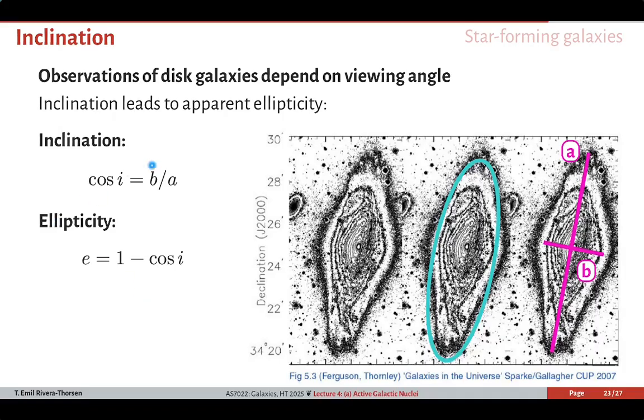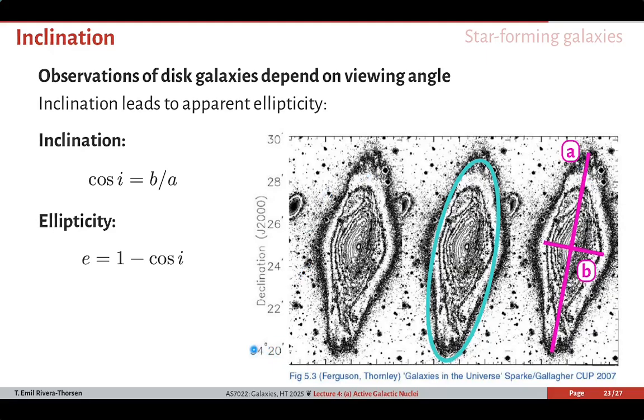And that should also mean that the cosine of the inclination angle will become the same as the ratio of the minor and the major axes of the apparent ellipse that we are observing in this way,